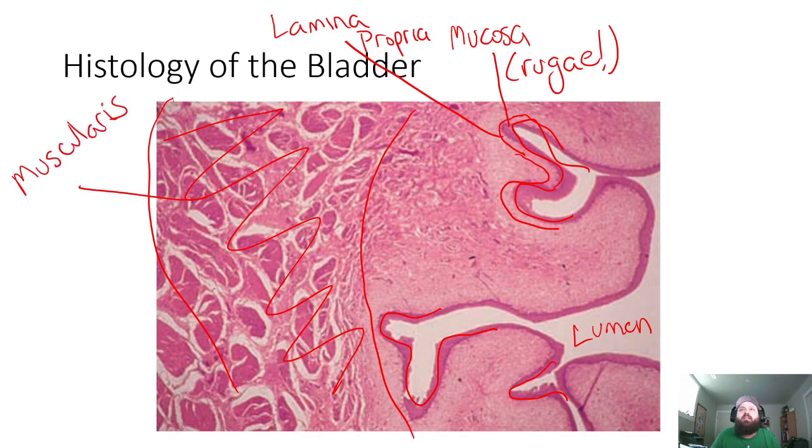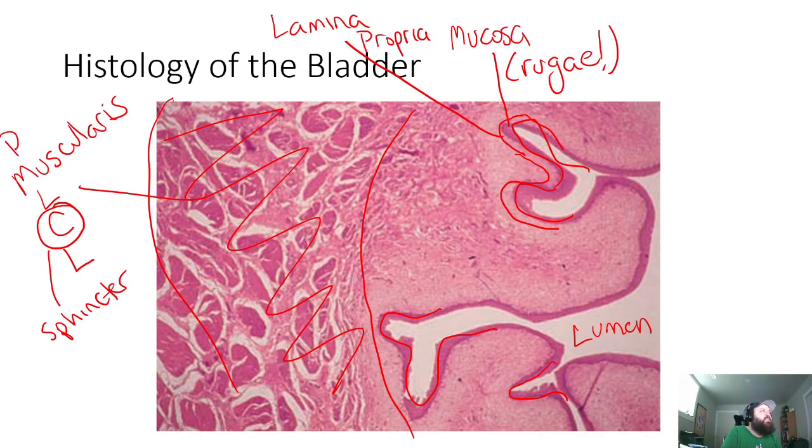And you should remember that there are 3 layers of smooth muscle, starting in the distalmost regions of the ureter, but for most of the bladder, there are 3 layers of smooth muscle: a longitudinal inner layer, a circular middle layer, and a longitudinal outer layer. So you should be comfortable with that. This circular layer right here is actually going to become the sphincter that controls whether or not urine leaves the bladder into the urethra. Another name for this muscularis is the detrusor muscle,